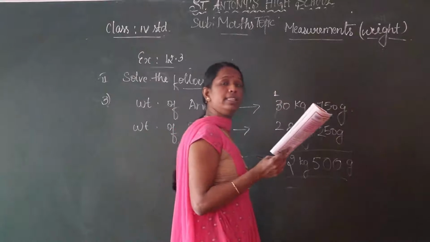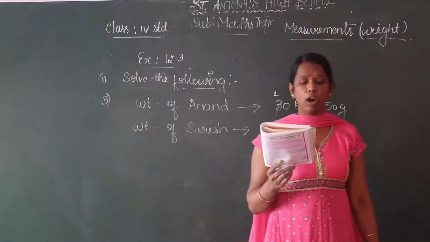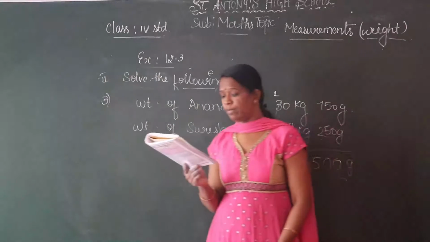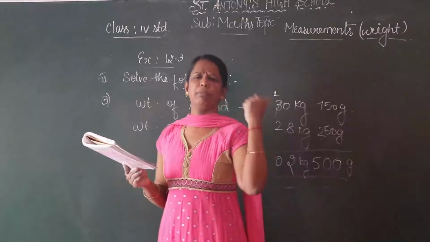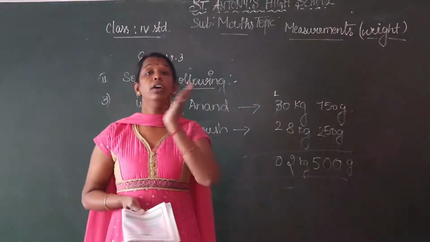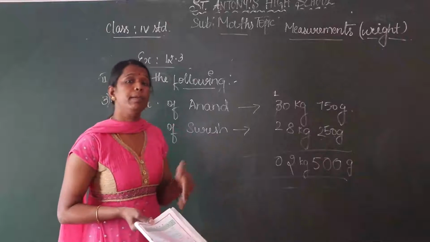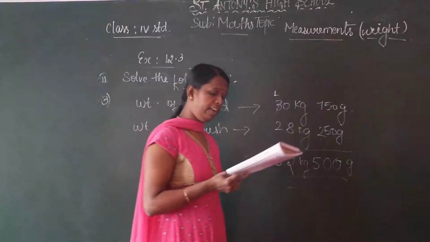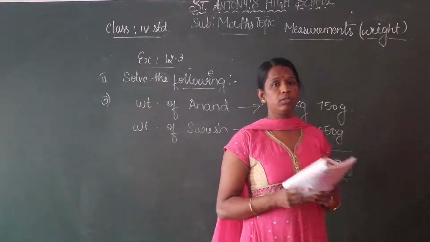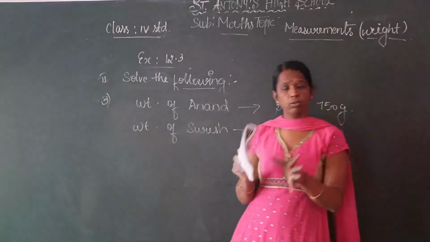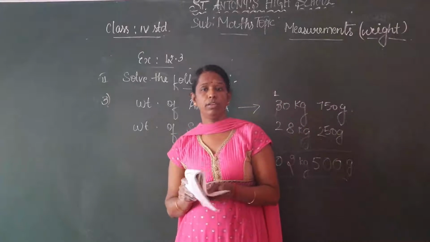Box filled with pieces of chalk, lock, your school bag. Your school bag may be 5 kg, so you have to weigh in the weighing machine. It may get some accurate weight. Globe, so not the whole globe, it may be in your school, no? So that is you have to weigh.